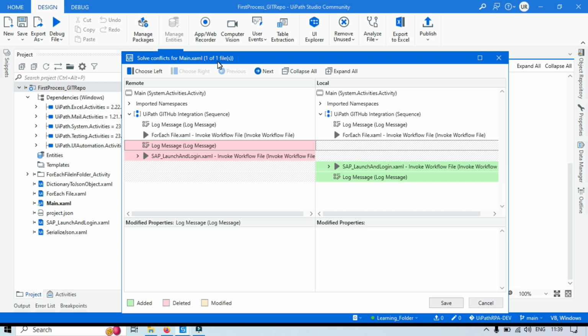Now UiPath Studio is notifying us of the conflicts. To resolve the conflicts, first you have to understand this. Let's understand how you can resolve that here. So this is the remote, which has already been pushed to the main branch in GitHub, and this I'm going to update. So we already have a log message. SAP launch is already there,